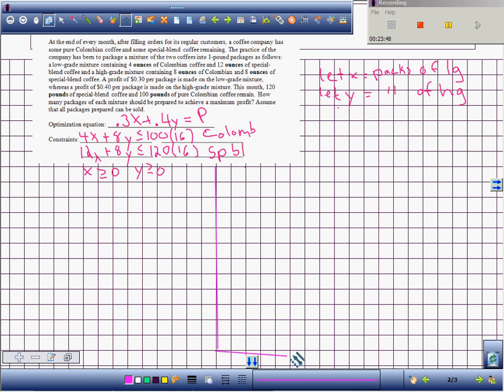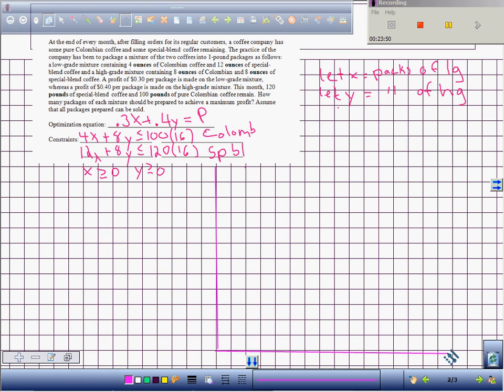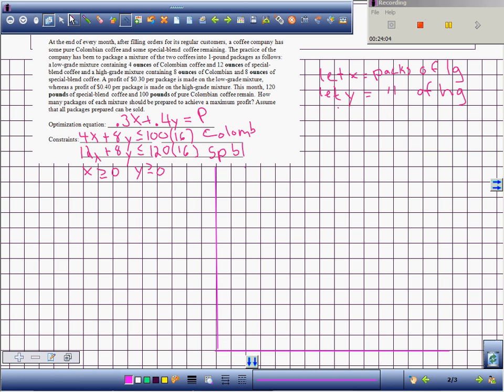Why are we multiplying by 16? Because this is in pounds and these are in ounces. You see? So we want to change everything into ounces. Okay, so graphing this first one, 4x plus, and I figured out after trial and error that a good amount